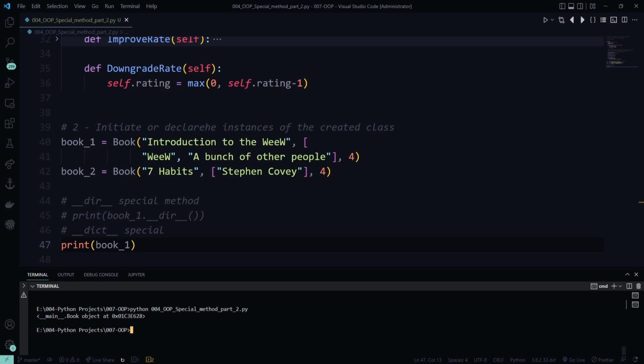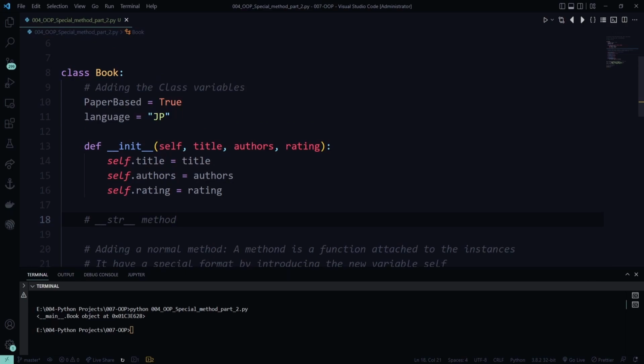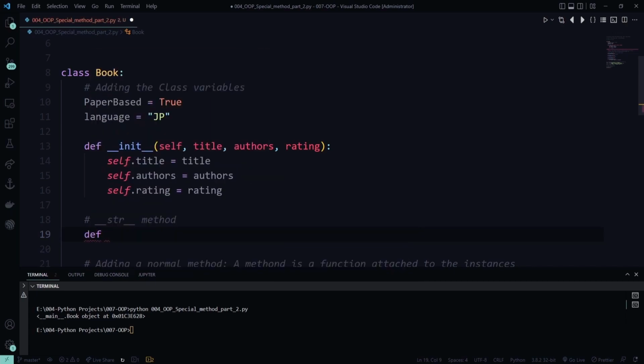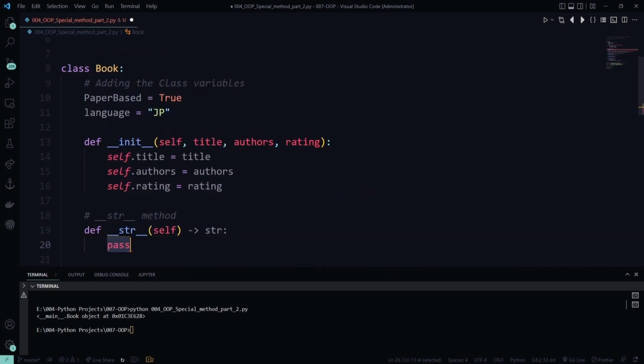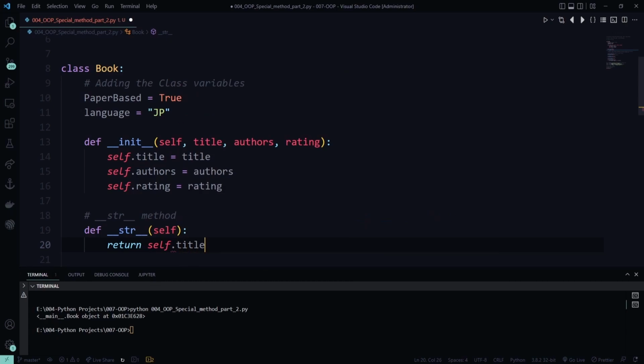Instead, if we would like to change this, there's a special method that we have seen that can change this, and that's the dunder str method that we need to declare within the book so we can change the behavior of the method itself. So if we define it here and go for the str, what we can do, when we would like to see the string of our class, is return like this. Let's put self.title, plus, and we add some space and include, or let's say here, by